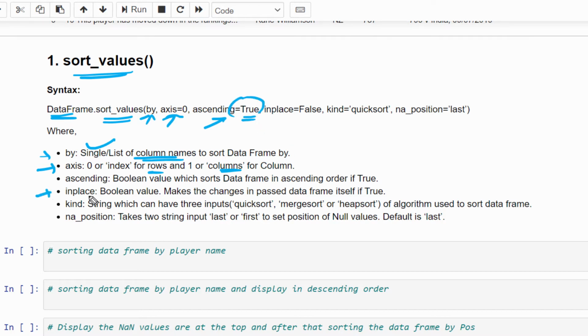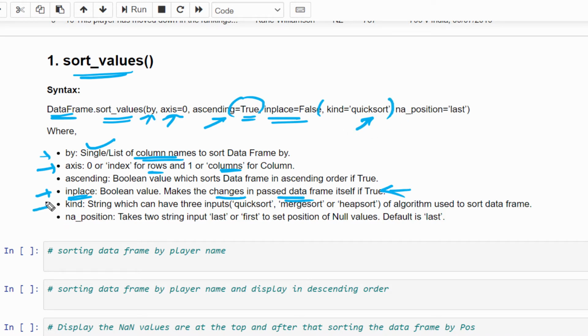Then the fourth parameter, inplace. If you make inplace equal to true, it means during runtime itself it will change the data and display the updated data frame. And this one is very important. Next, kind: let's try to make this example easier.